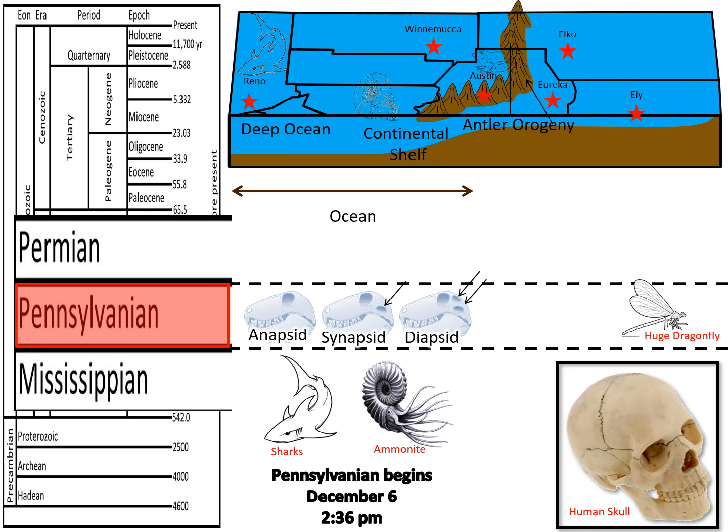These early synapsids would evolve into mammals and the future rulers of the Permian. The diapsids would evolve into reptiles and birds. Gymnosperms also appeared during this time period. These include the conifers, the cycads, ginkgo trees, among others.